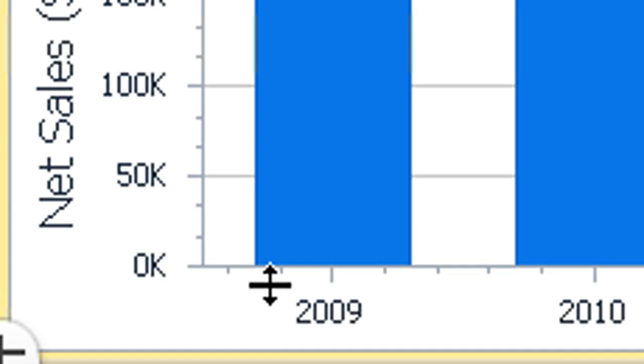Let me rearrange the dashboard pane so that it will look good. You can rearrange it however you like.